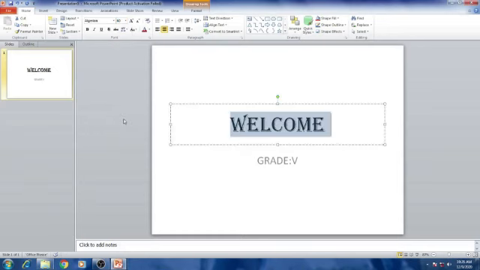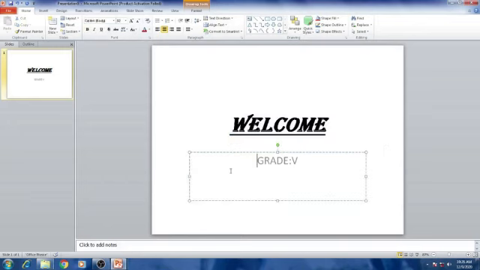Got it? And the fourth step is, if you want to make this one bold, italic or underline, you can see in the font group itself, these options are available. B for bold, I for italic, U for underline. You can choose bold if you want to make it bold. If you want to make it italic, click italic. So it's like a variation you can see for the letters. And if you want to make it underline, click the underline option.